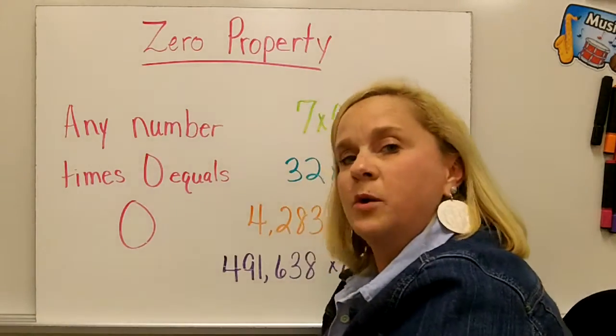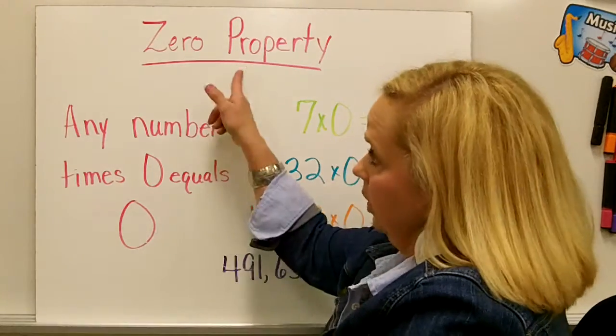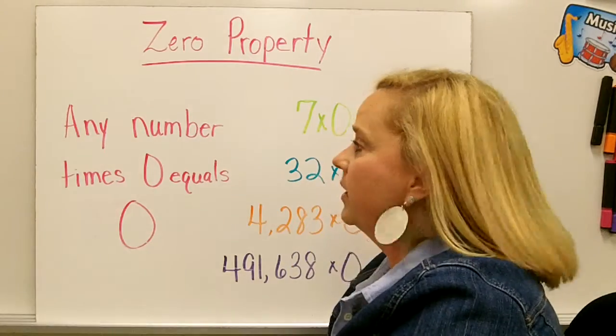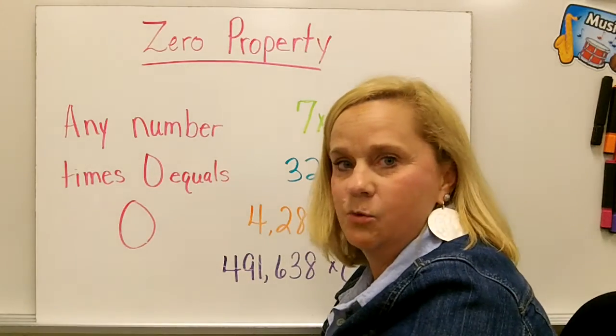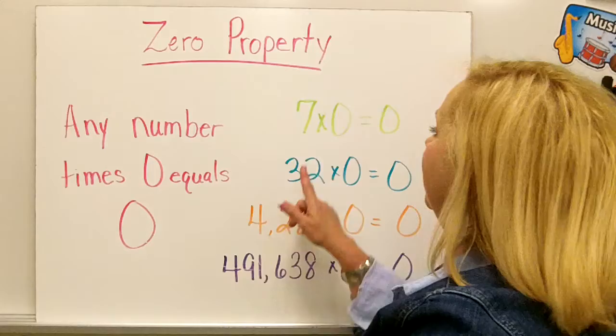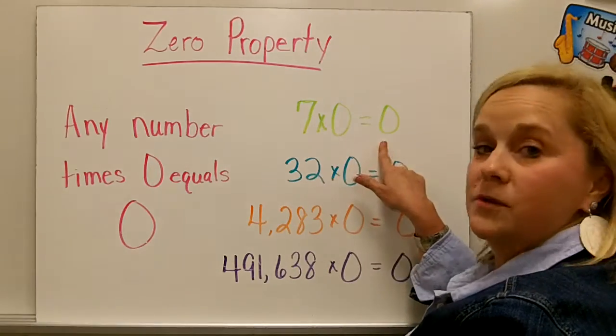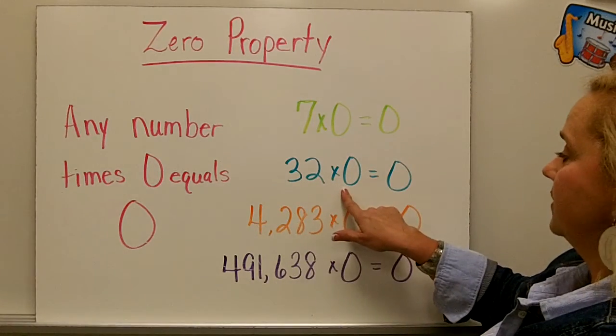The zero property works the same for multiplication. And what I want you to remember about the zero property is any number times 0 always equals 0. For example, 7 times 0 equals 0. 32 times 0,